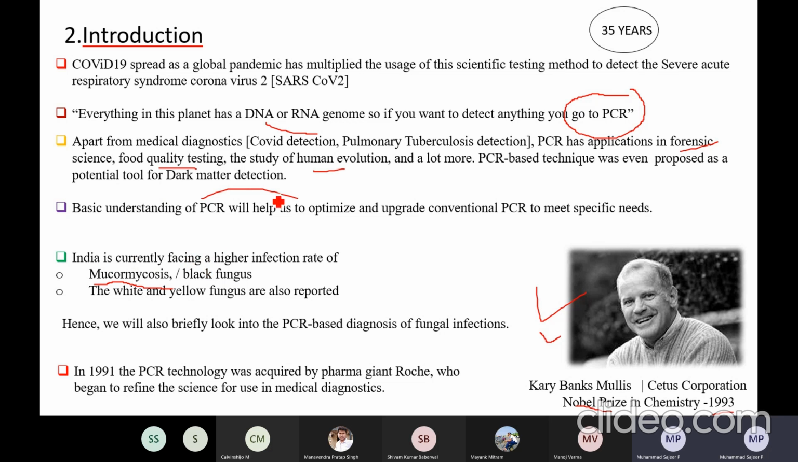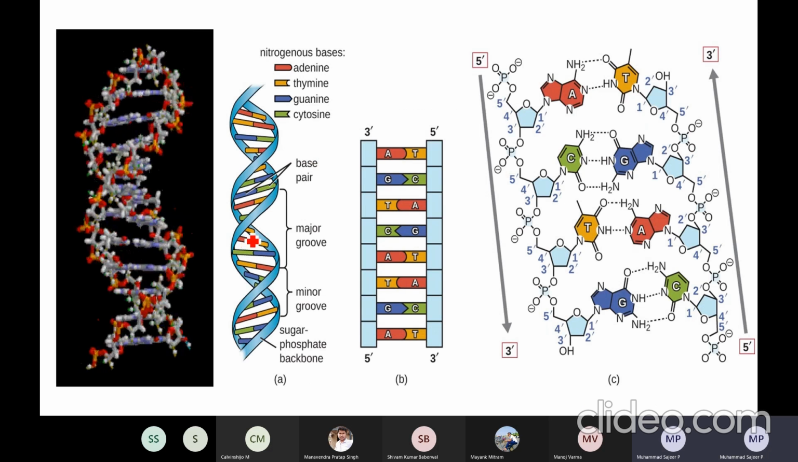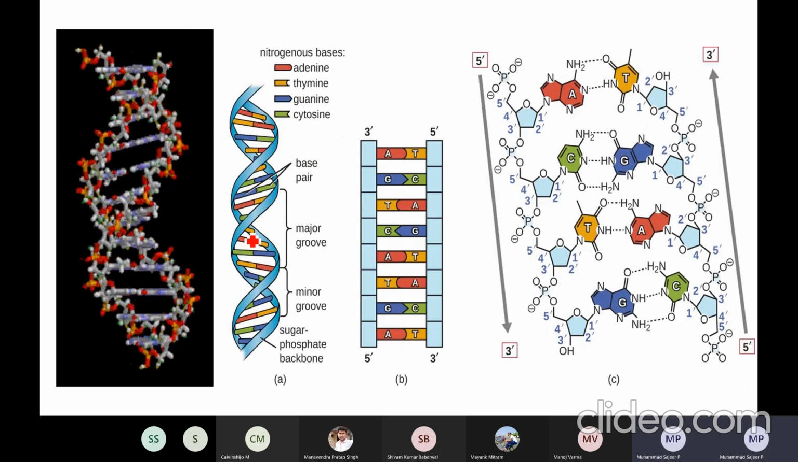So we will look briefly into all these topics to give an overview. In 1991, Roche, the pharmaceutical company, bought this technique and started using it for medical diagnostics. So before jumping into PCR, let me tell you